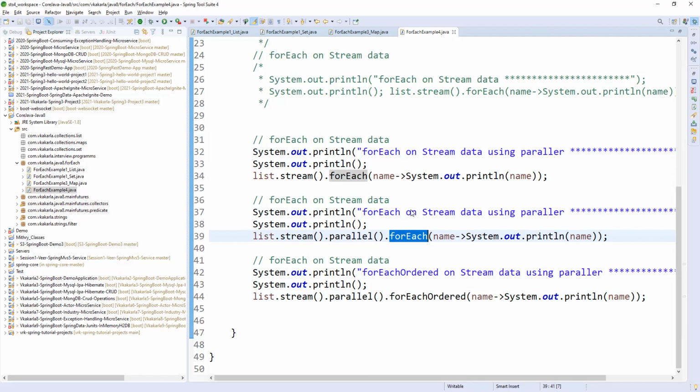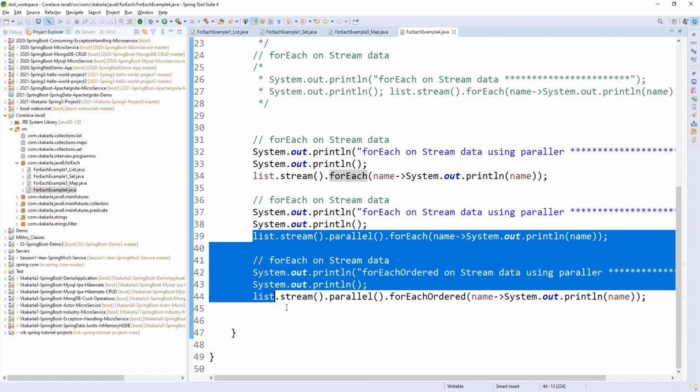A parallel stream always gives the elements in no fixed order by default. For example, we have elements 1 to 10. It may take 1, 5, 10, or it may take 1, 2, 5, or it may take 5, 10, 9, 1, like that. So it will not guarantee the order. Why? Because parallelly it takes the elements and prints them. If it is sequential, it will give them one by one. If it is parallel, it will take all the elements in parallel. At that time, if you want to maintain the order, you can go for forEach ordered. So this is the difference between forEach and forEach ordered.